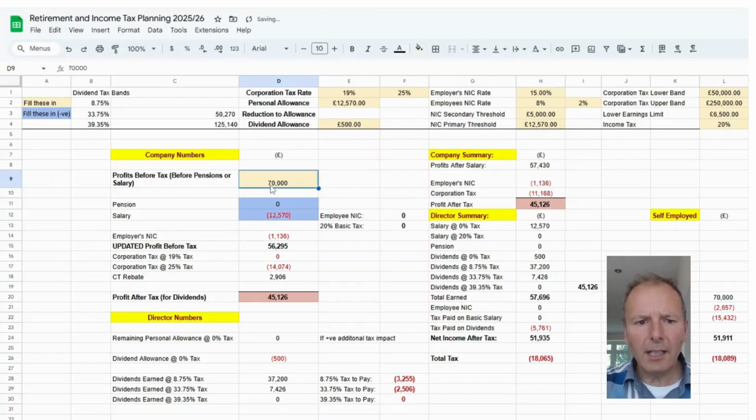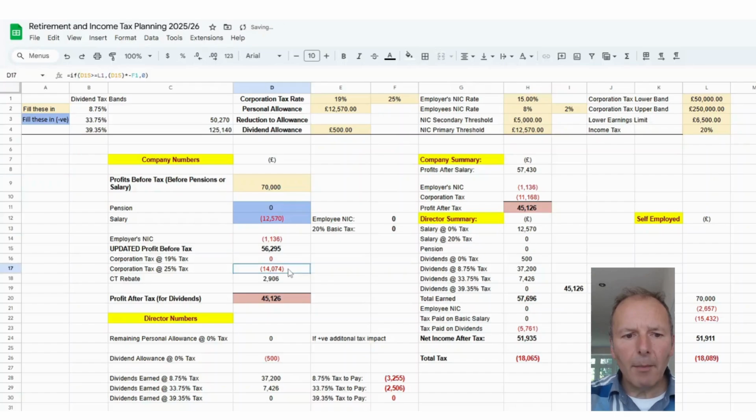So now let's change the profits to £70,000, and if you're self-employed, you're paying 2,657 national insurance, you're paying tax at a 40% marginal rate on income. Total is £15,432, so it's £18,089 total tax. If you've got a limited company, you're paying corporation tax, total